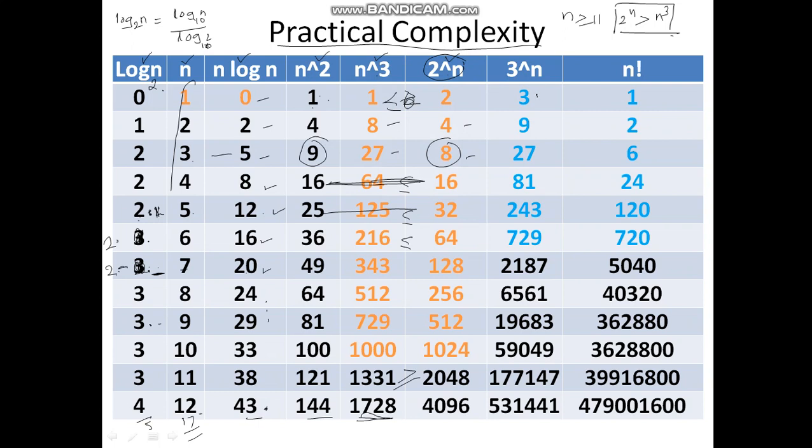Again, 3 raised to n is going to grow more than 2 raised to n. And also you can see the n factorial. So n factorial is the fastest growing function, whose complexity is n raised to n. You can see here, initially 3 raised to n remains larger than n factorial, but after n is equal to 7, these values are growing very much faster. The n factorial is going very much faster.